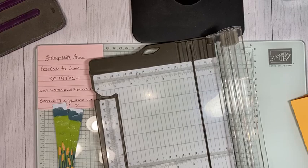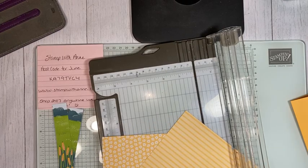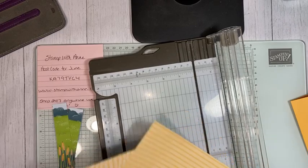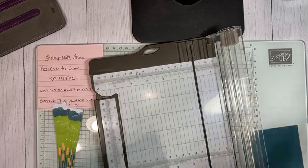I don't see it. Sometimes I use, in the patterns, certain ones. Oh, this might work. Let's try that. Let me see if I have the other one that I actually used. We're going to play which one do you think would look better tonight. So let's do that. Okay, so we need a piece of designer series paper to go behind on our top